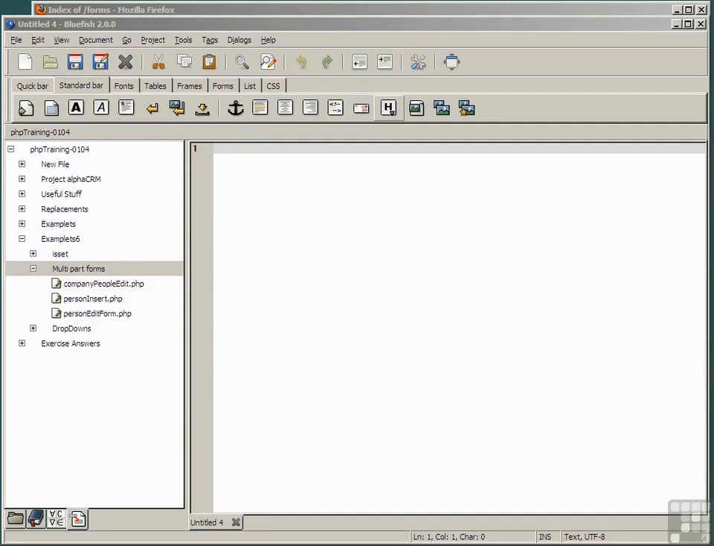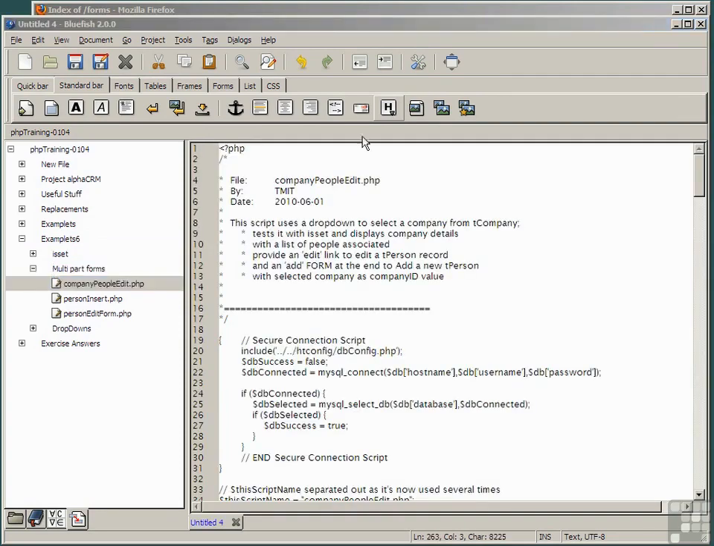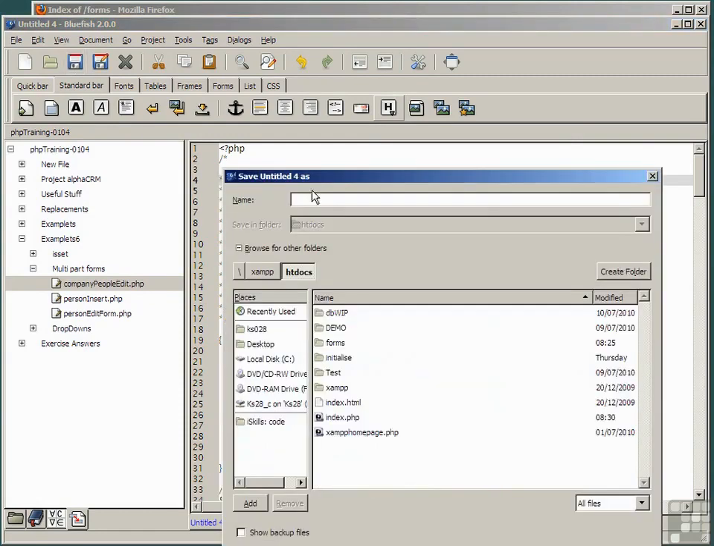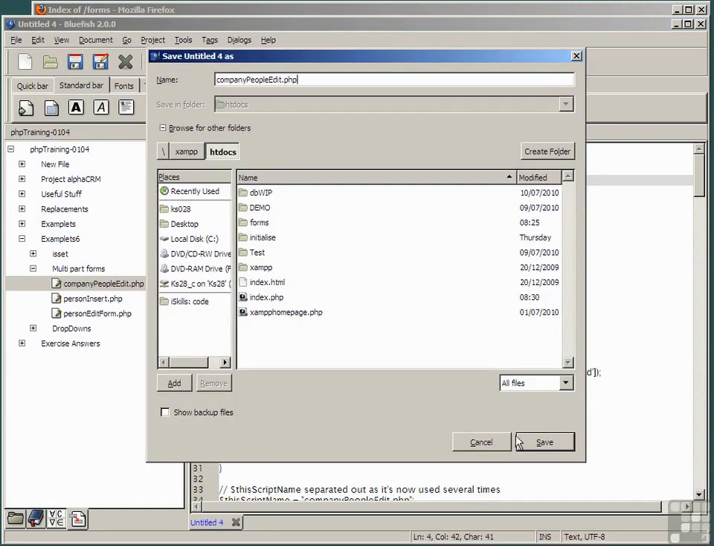We've seen a two-part display, company details with a list of people underneath, but we're always seeking to make our applications more user-friendly, and one way to do this is to have an edit facility on the display and an add new record form at the end of a list. So paste the snippet Example 6, multi-part forms, company people edit, and save the script in the forms directory as